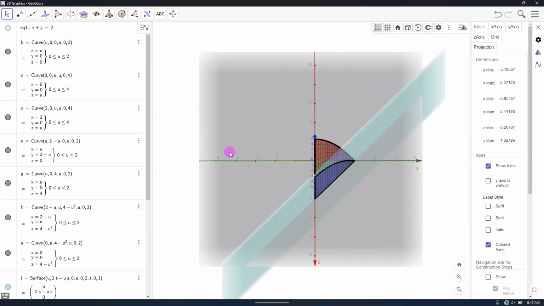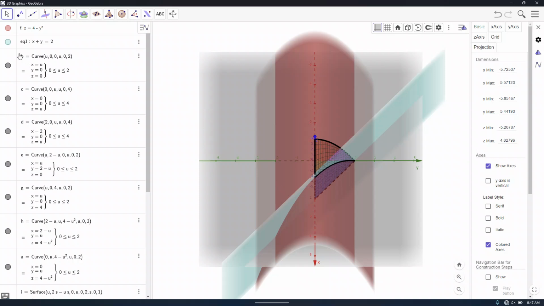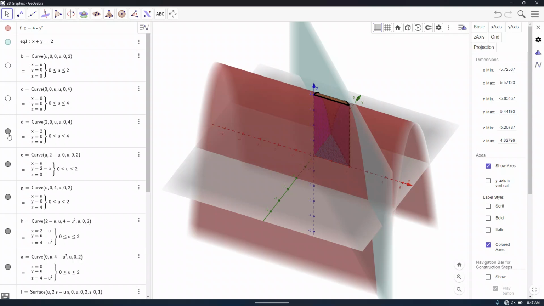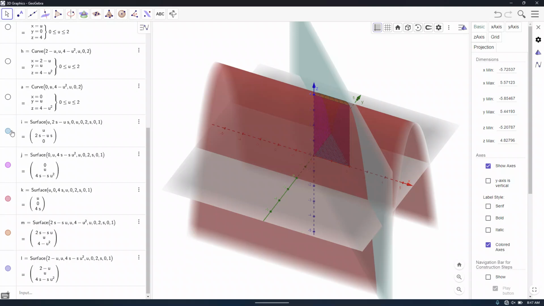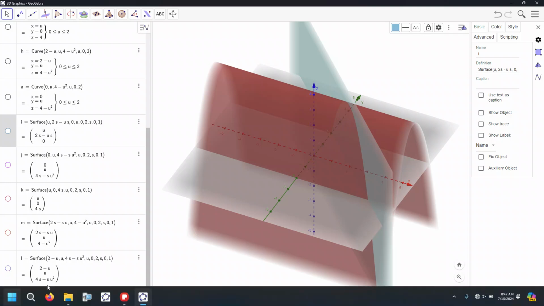Yeah, that's the plane. So if we were to look at these two cylinders here, what do I mean by cylinders? Well, recall that when we're looking at functions of multiple variables, when we're missing one of the three variables, we get, say, a parabola or a circle or whatever the shape, extended along the axis that has the variable missing in the equation. That's what we call a cylinder. For instance, here